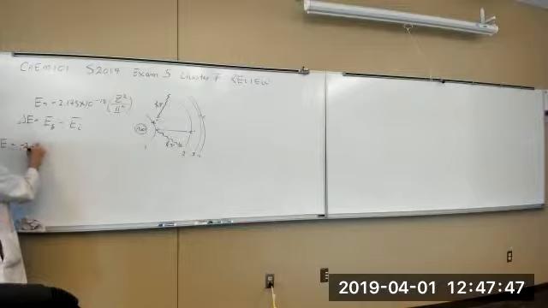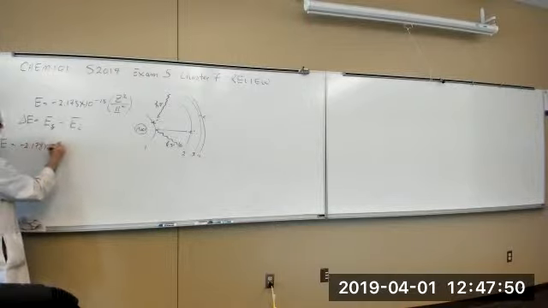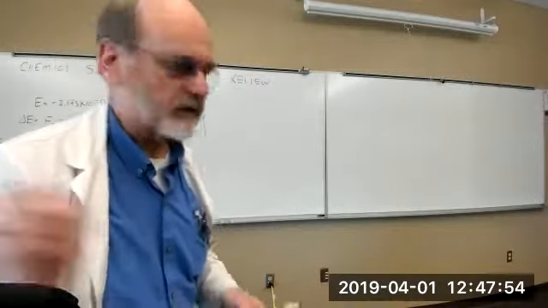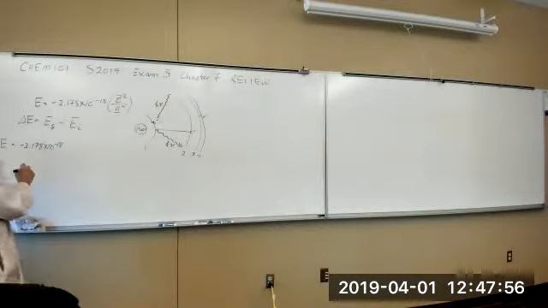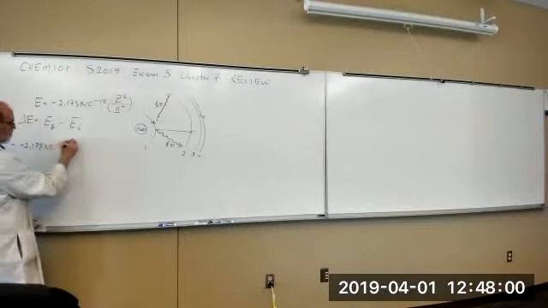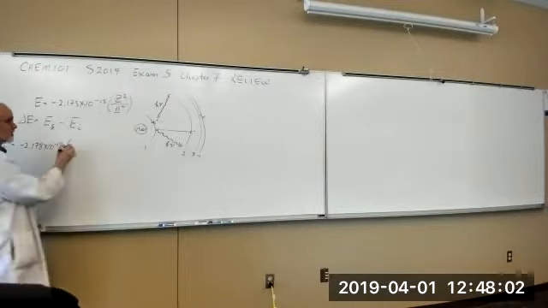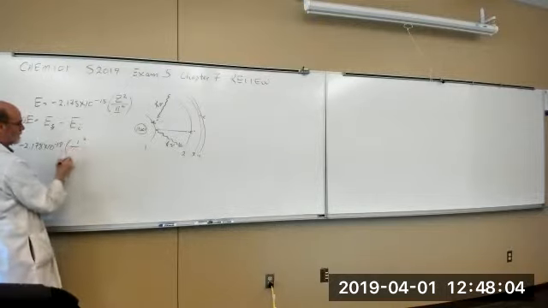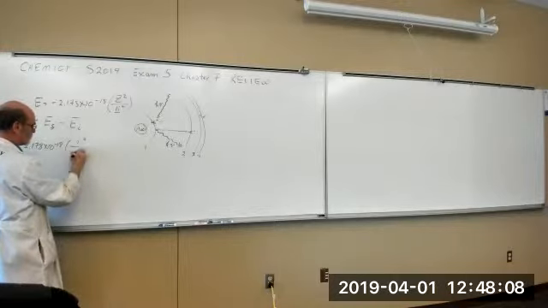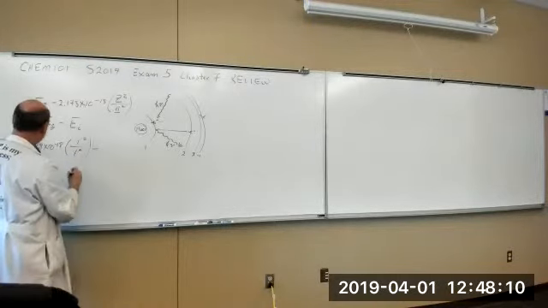Minus 2.178 times 10 to the minus 18 times, of course, this is hydrogen, so Z is 1 squared. And the final is N equals 1. Okay, that's easy enough. Then we subtract